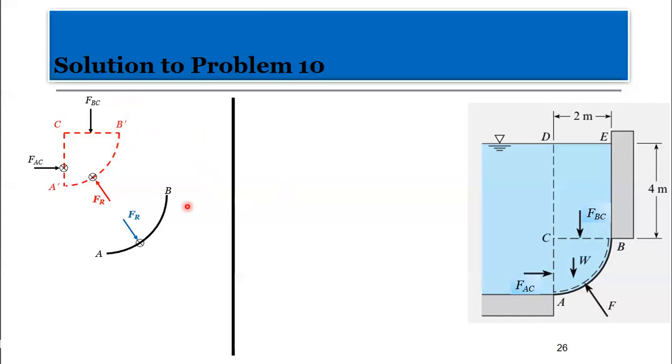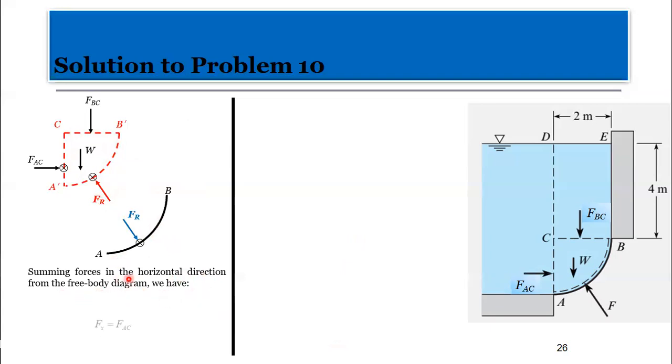Good. Now, there's also the weight itself. Remember, this force FBC is due to the fluid here, the top part. And FAC is due to the fluid here. What about this sector of fluid? The weight is what we are looking at as W here. So we are accounting for all the forces that will result in the FR. Summing forces in the horizontal direction from the free body diagram,